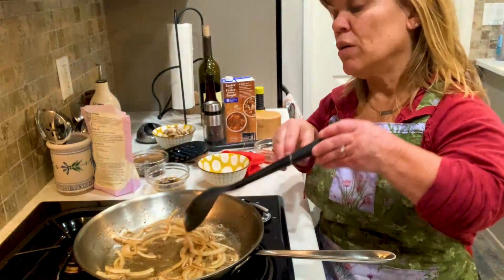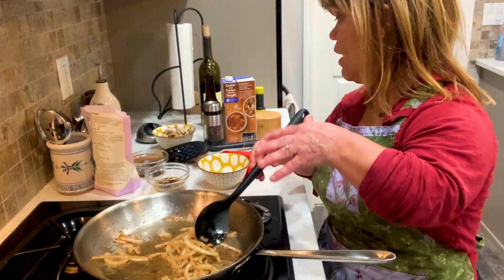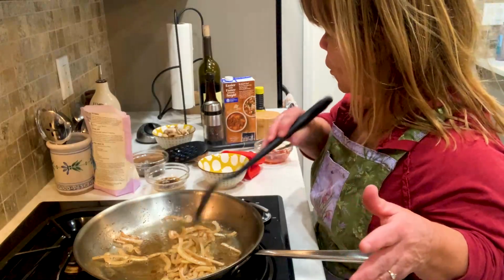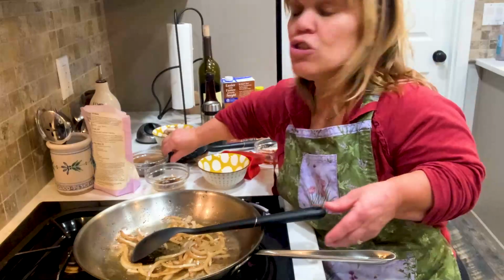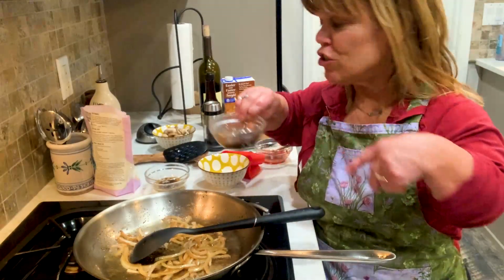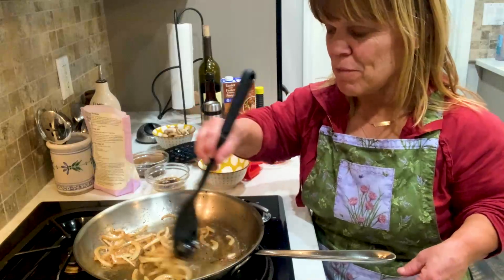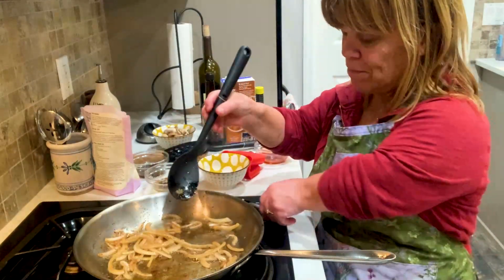And what I may do, because when I add in the beef broth and a little bit of Worcestershire sauce, chili sauce, salt and pepper, a little bit of oregano, I might mix in the 2 teaspoons of cornstarch in here just to create a little slurry so it doesn't lump up in the gravy. I think I have about a cup and a half, a little over a cup and a half of